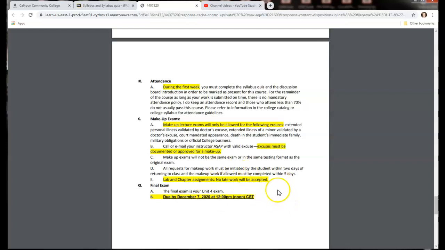I'm not saying I'm not flexible. I'm just saying there's kind of a line in the sand, and it has to be something pretty serious for me to give you an extension on any lab or chapter assignments. I've done it for military before. I consider that a documented excuse. If you had jury duty, like I said, if you were sick and you were in the hospital. So just let me know, but make sure that you understand you're going to have to follow it up with some sort of proof or